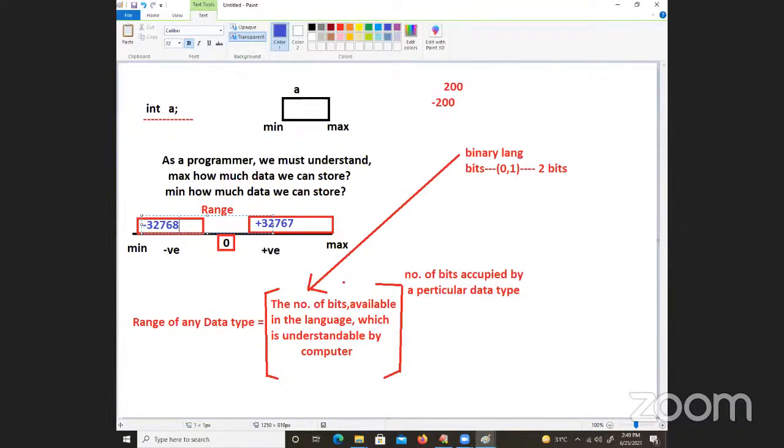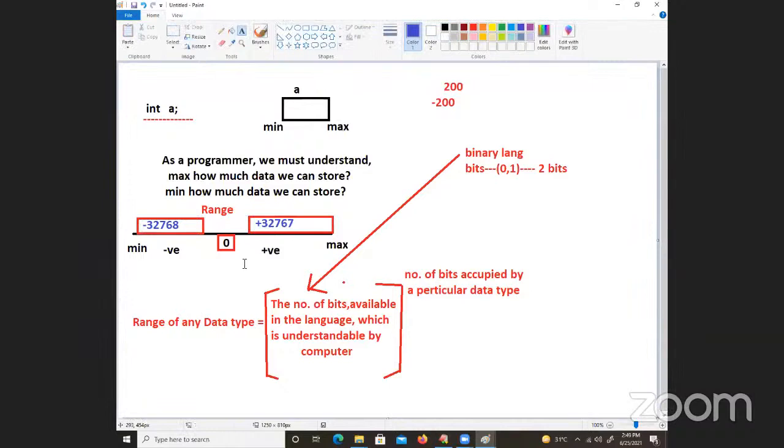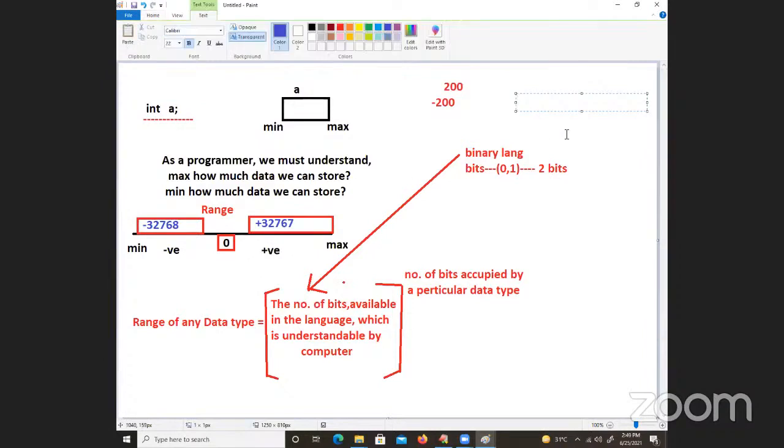Fine. Now, is it signed or unsigned? Is it by default signed or unsigned? It can be signed. So you can take a sign also. That is the meaning of what? Simply int is nothing but signed int. Signed, maybe positive, maybe negative. Understand one thing, English is important here. Int is nothing but signed int. Maybe positive, maybe negative.